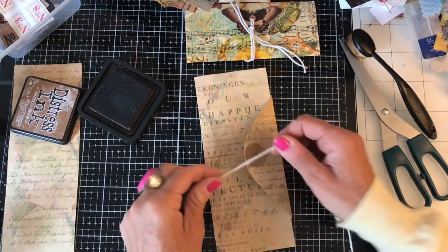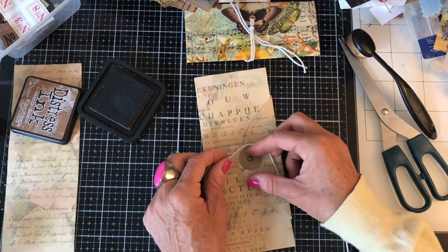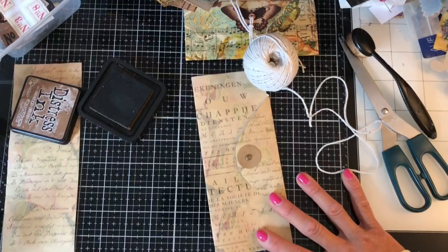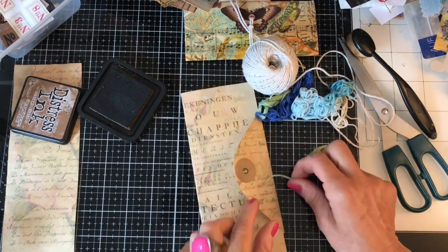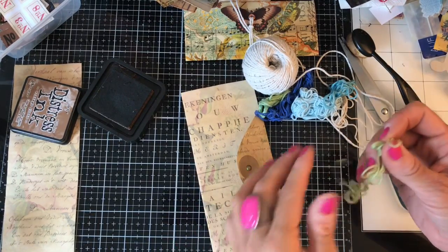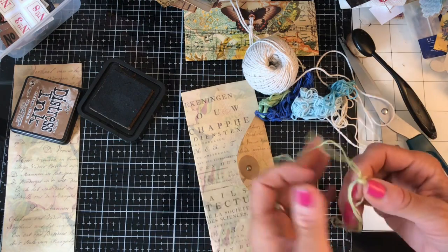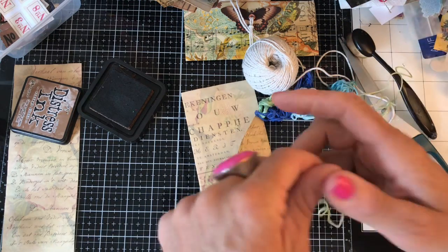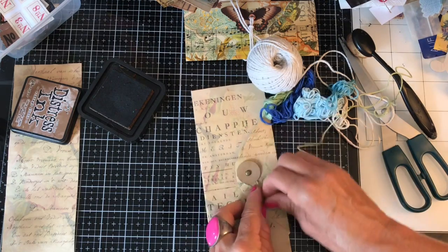And then I like to use string. You could obviously use embroidery thread or something, whatever you fancy. In fact, I might try some embroidery thread on this because with that thinner paper it might be more delicate. So hold on two moments. Okay, so I've got my embroidery threads here. Actually, this is a fantastic way to use up thread when you have used all that you can to bind journals, but you have, say, this long left, so you've not got enough to actually bind a journal. This is quite a good way to use